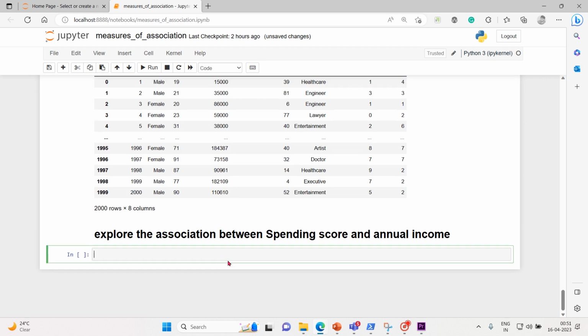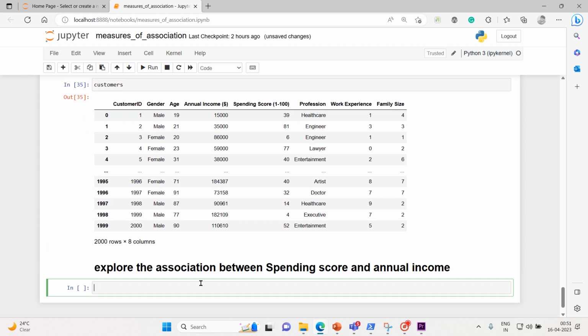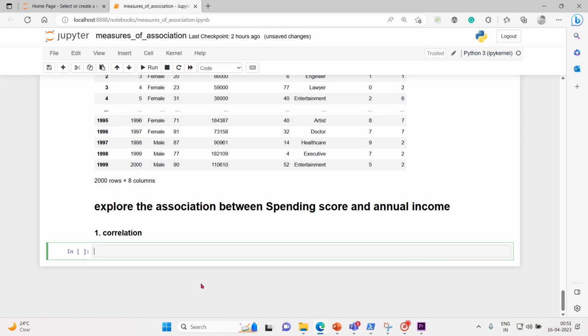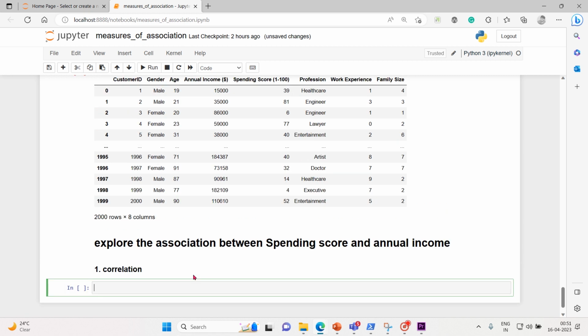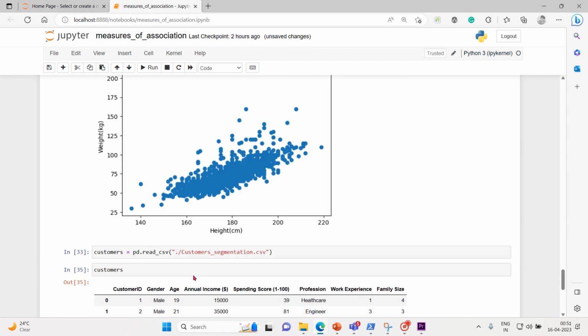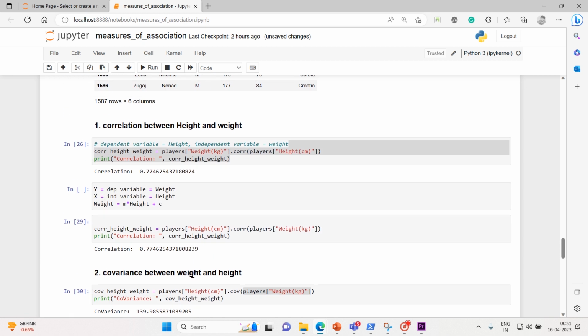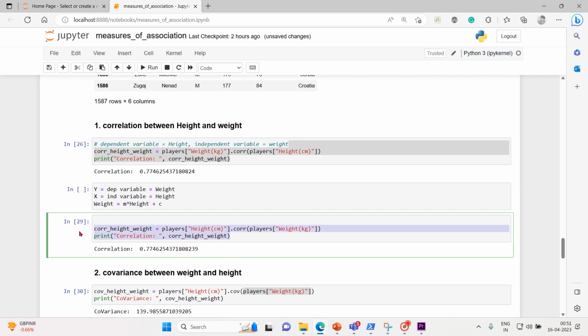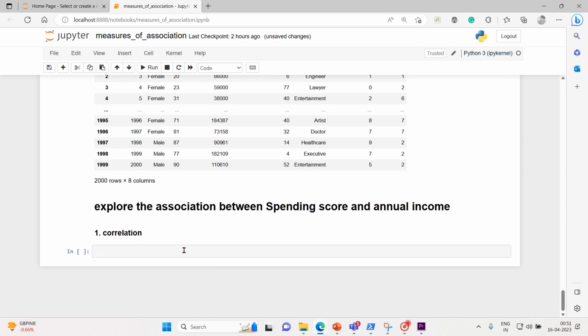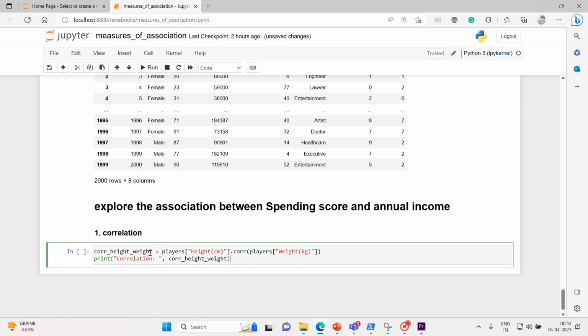So now what I'm going to do is I'll begin with correlation again. Let me take a correlation. Let me copy this here and paste it here. So correlation between